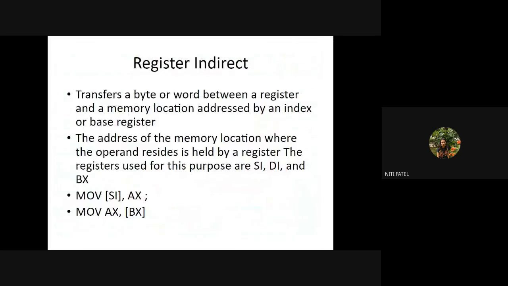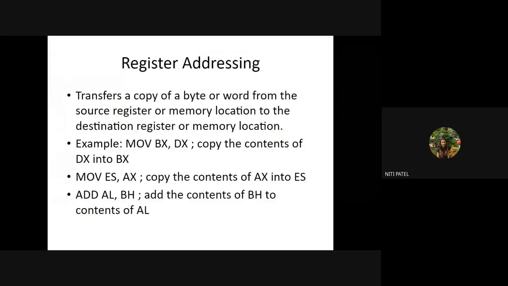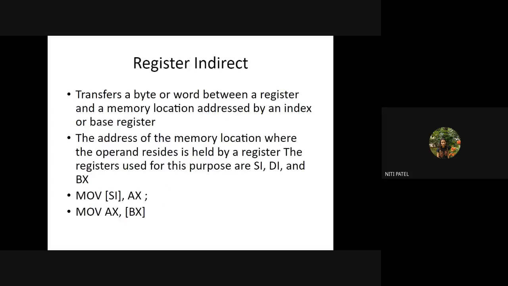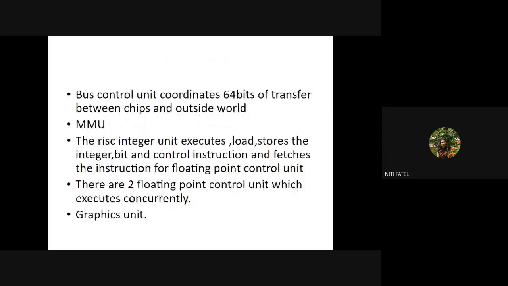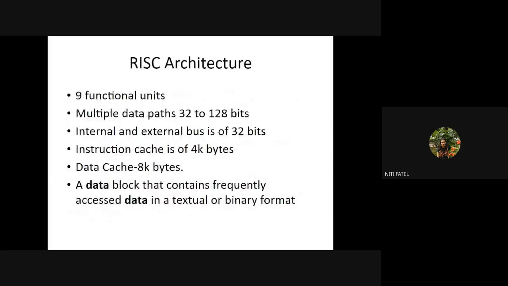No, I think I just got confused. Register addressing is what? Both of them are registers. And register indirect is either it will be your source index or it will be index register or base register. And if it is base plus index, it means both are compulsory. And what we get from both is the memory address. We have to add them to get the actual data. Are all the addressing modes clear? Yes, ma'am.